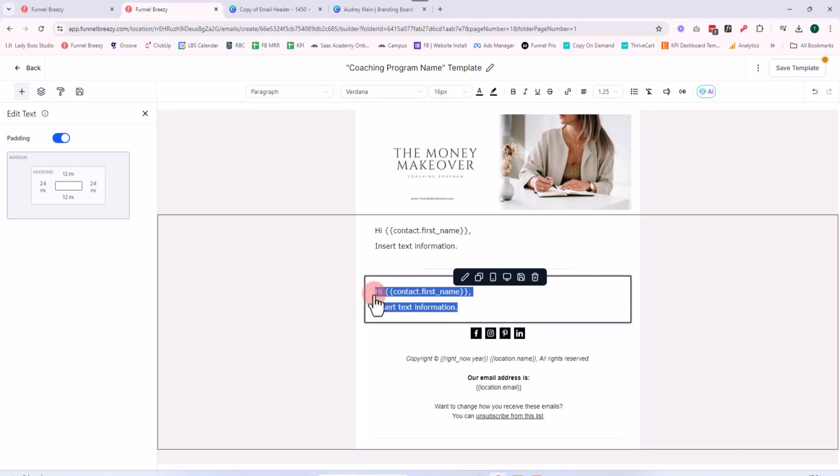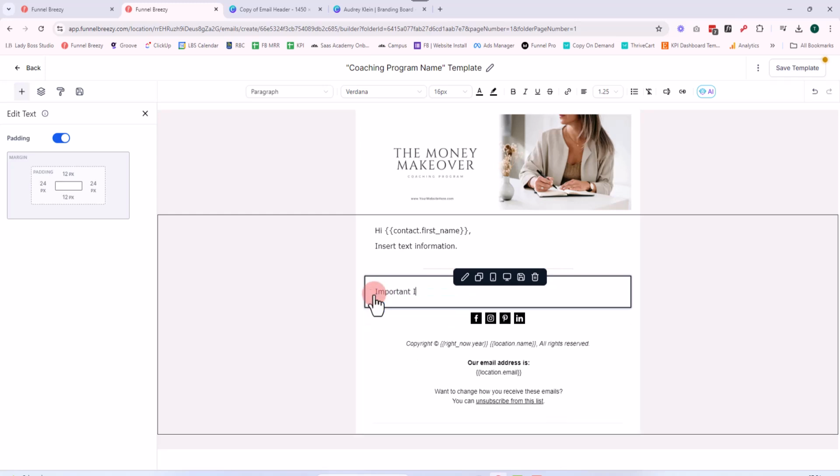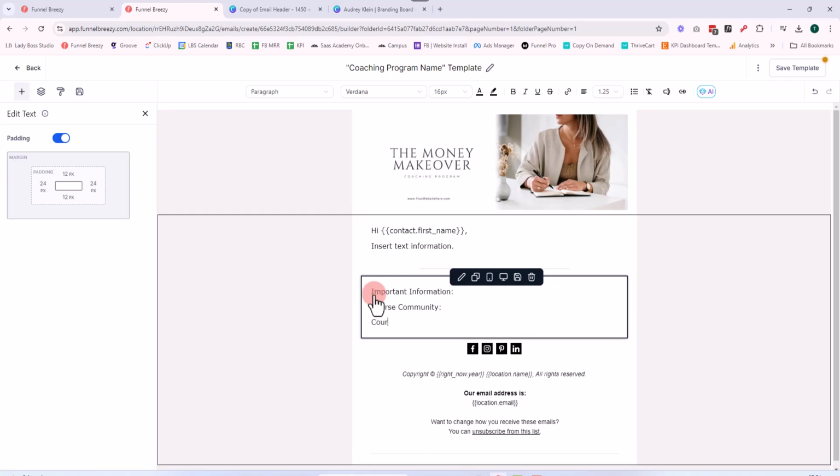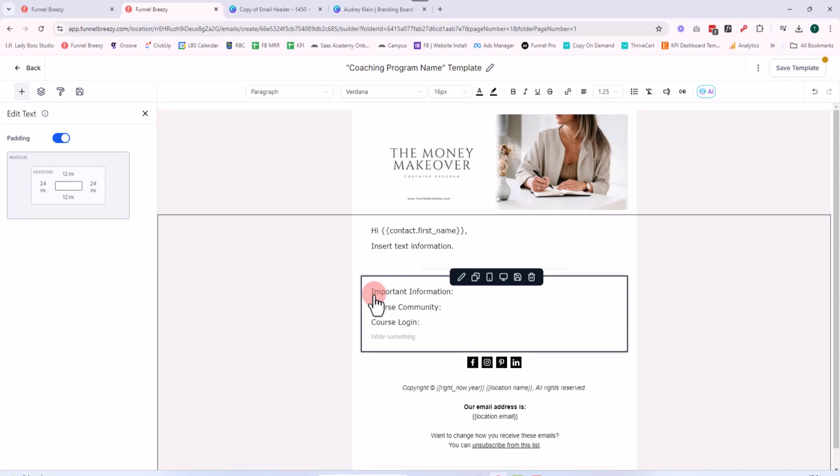And I can have important information. And that might be where to access the course. So course community, and I put the link there for the course community. Course login, one-on-one, so you're offering a one-on-one call booking calendar. So I can go ahead and add these links in so that whatever I put here, no matter what, everyone's